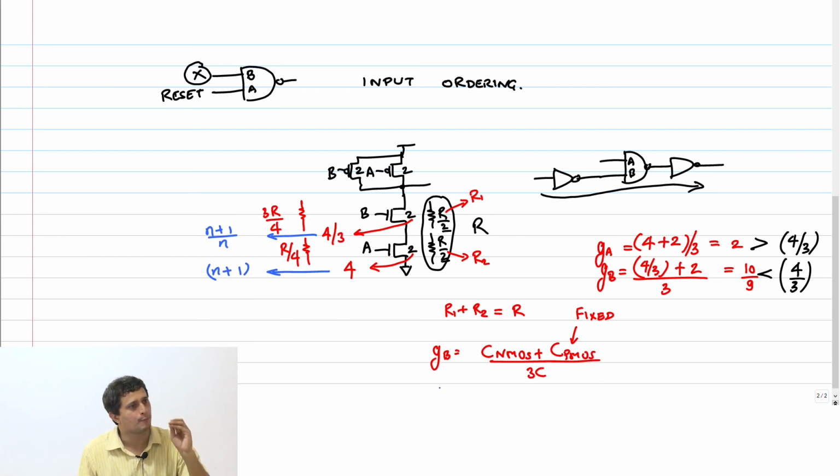Now, of course, practically, when I try to implement a layout of an arbitrary n plus 1 by n, when n is very large, then the layout itself becomes so asymmetric that all the assumptions we made will break. Right? This whole thing of, okay, there is only one capacitance here, we don't double count that capacitance. All that will break because the layout has become so asymmetric. That's why the suggested number is 4 by 3 and 4. That's a practical thing which is going to work even at a layout level. Theoretically, you can do any n plus 1 by n. Okay?